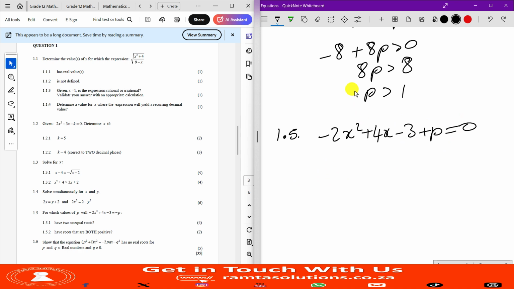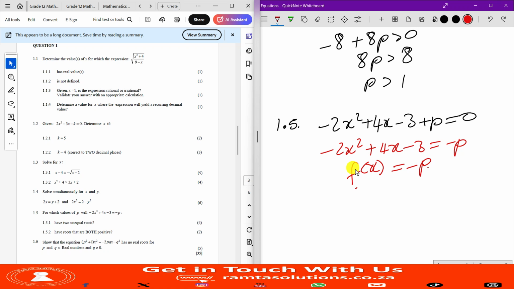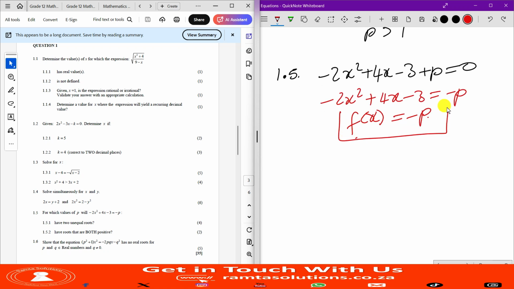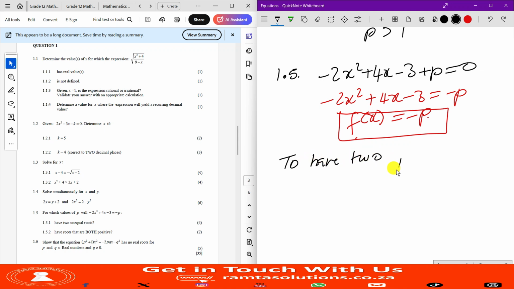Originally it was minus 2x squared plus 4x minus 3 equals negative p. Let's call this one f, so f of x equals negative p. This was the original f. But now, to have two positive roots,